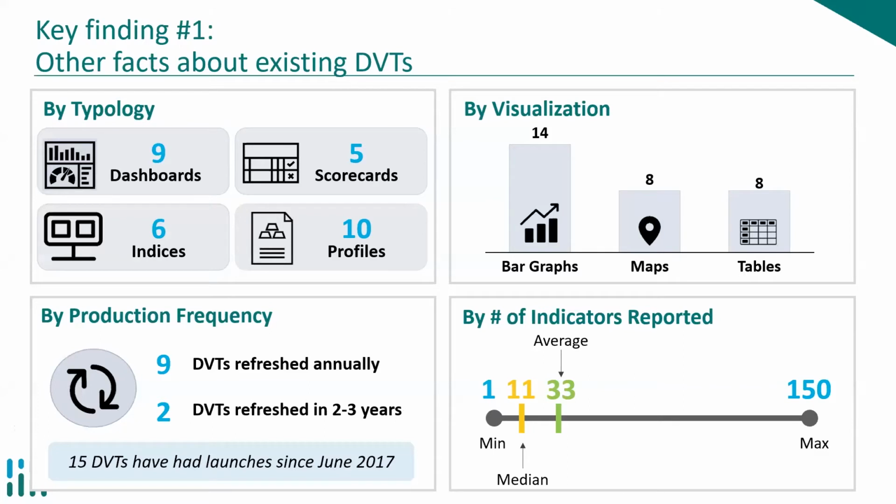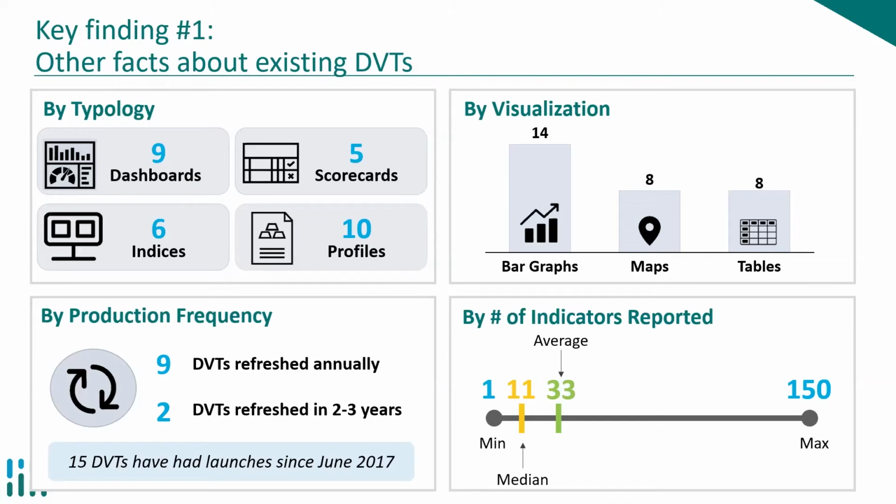Some tools have multiple outputs. So in addition to having a scorecard or a dashboard, they might also include other forms of DVTs within them. Many contain a variety of visualization formats, the most common being graphs, but there are tools that also include maps. And we found 5 tools that were interactive. That is, basically they allow the users to display different variables or alter the input to change the output shown